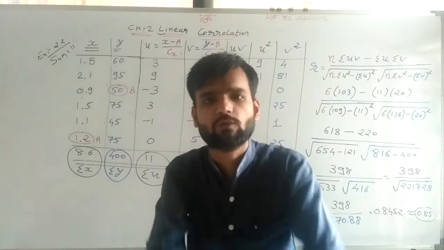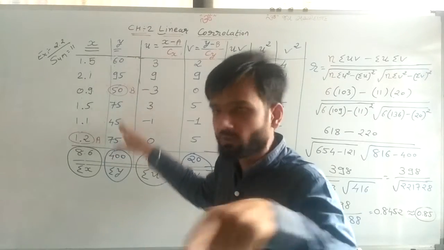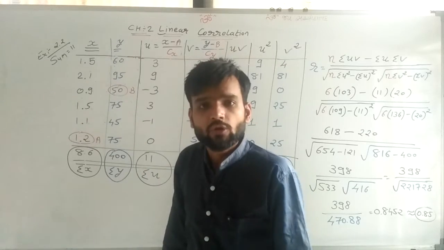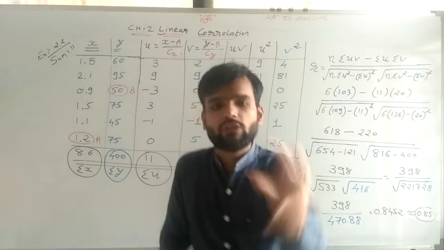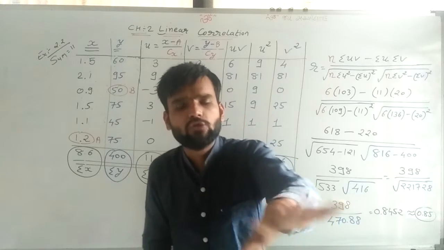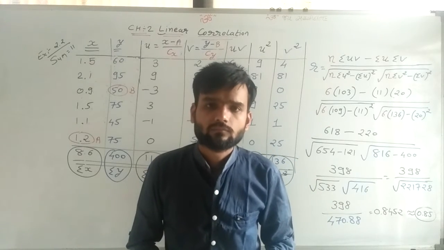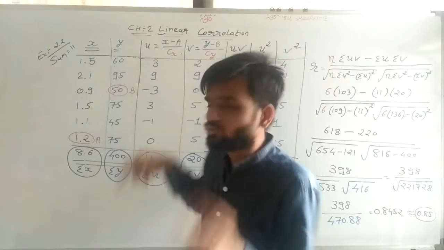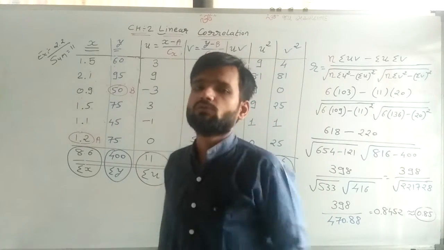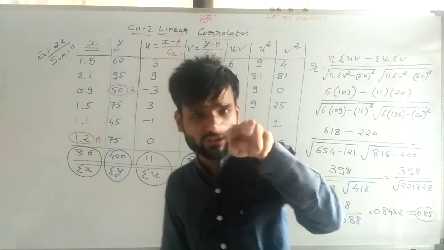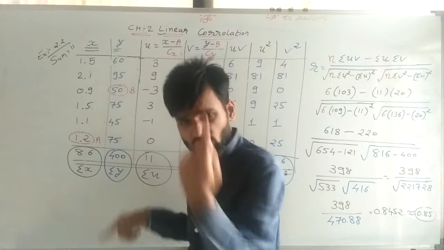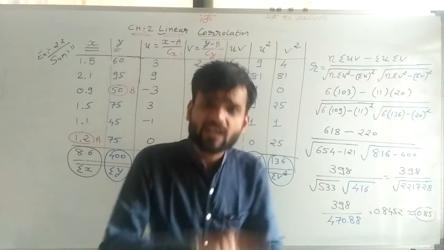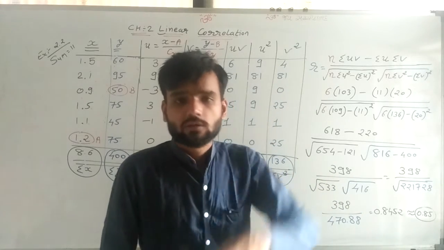Second thing, if fraction details are given. Here I have taken the type of sum which includes both situations. Large values are given in y and fraction values are given in x. We need to convert this fraction value into perfect natural or normal values, and large values converted into small values. Both conditions are satisfied in this sum. That's why I have taken this sum, so that you can easily understand why we are using the third formula.